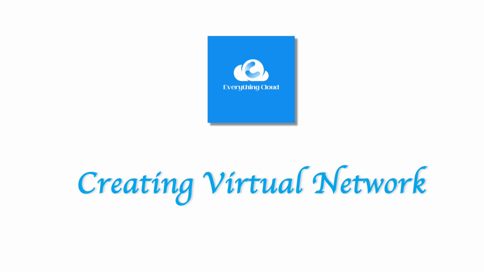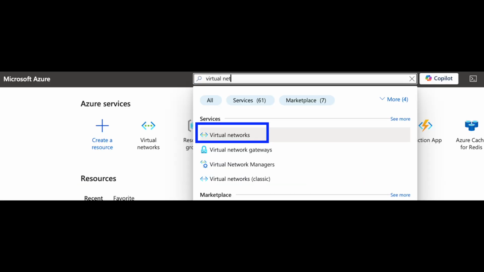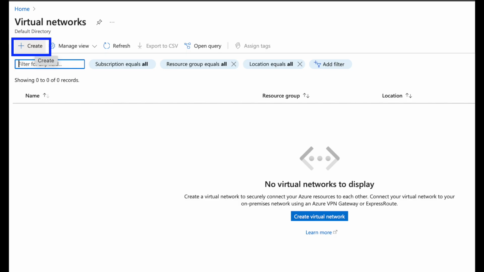In this video, we will look into the basics of creating an Azure virtual network. First, let us search for virtual network in the search bar in the Azure portal. Click on Virtual Networks. In the Virtual Networks page, click on the Create option on the top to start the